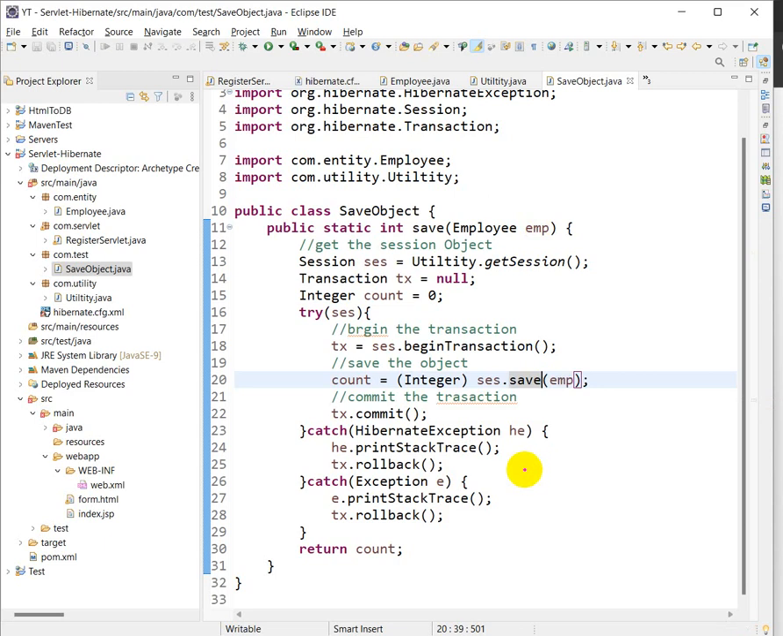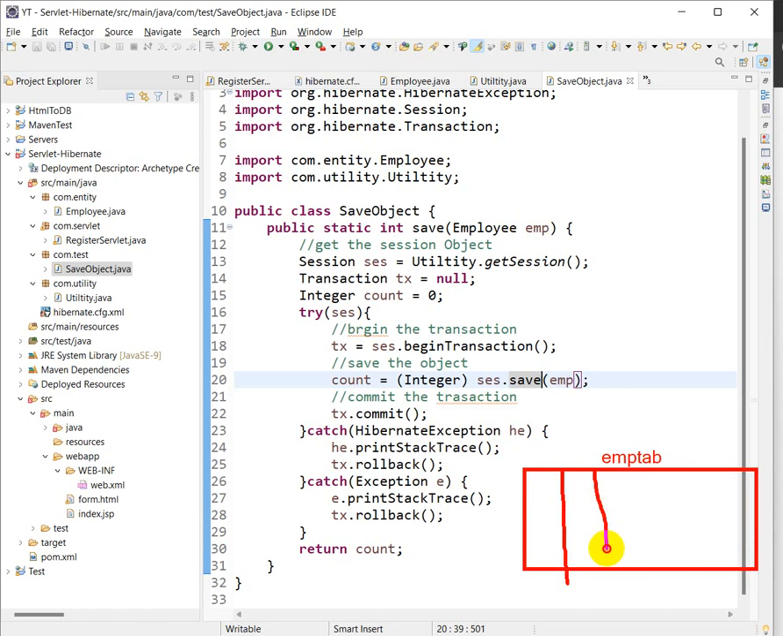in the table, what we have given the name as emp tab, and the 5 columns, first, second, third, 4, 5, and the columns here as